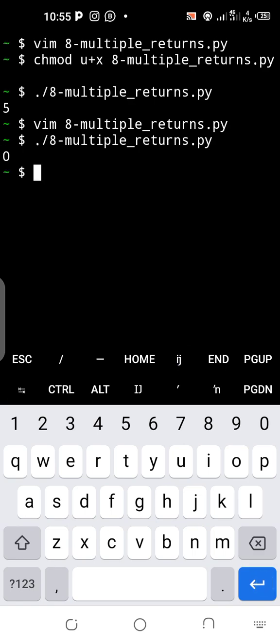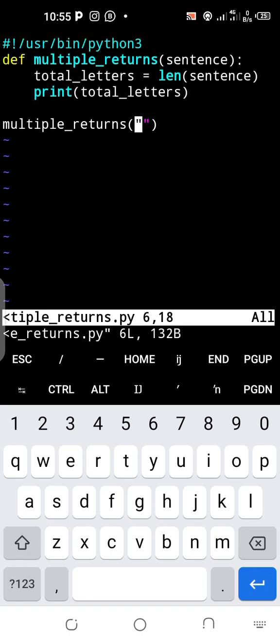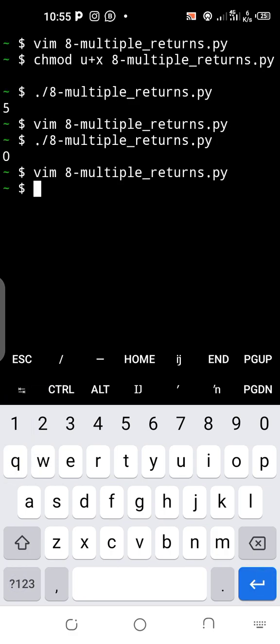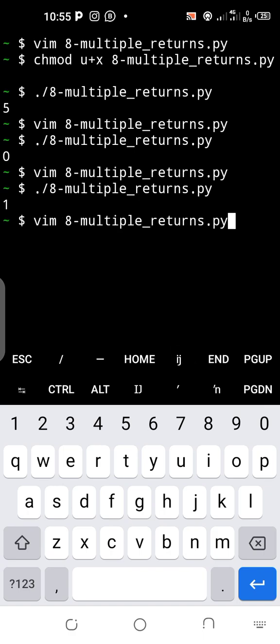Zero is printed because there is no text or special characters. So let me give one special character, like a space. Space is part of a character, so it's supposed to give us 1. See, 1 is printed out there because space is part of the text. So you understand that, right? Good. So now the next thing to do here is,